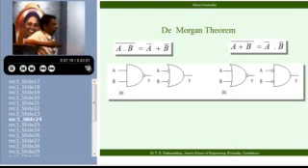It essentially says that I have an AND function with a bubble at the output side. An AND function with an inversion at the output side is equivalent to an OR function with inversion at the input side. That's all it says. An AND function with inversion at the output side is equal to an OR function with inversion at the input side. The reverse: an AND function,